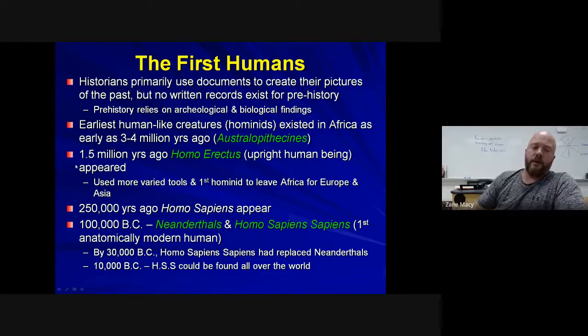The big step forward here is that Homo erectus used more varied tools, where hominids may have just used their hands, or eventually they learned to take a rock to smash the shell of an oyster or a clam, if they lived in a coastal area, or a nut that had a protective casing. They could use a rock to smash that. That's a technological advance. As simple as it sounds, it's a technological advance. You start to see Homo erectus using more varied tools.